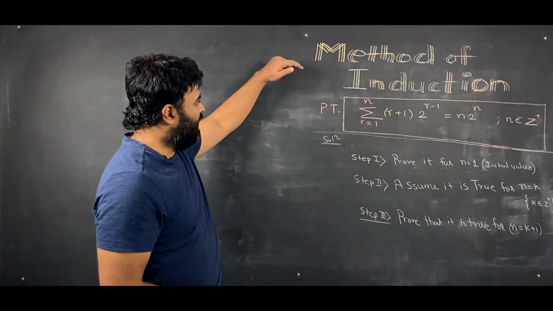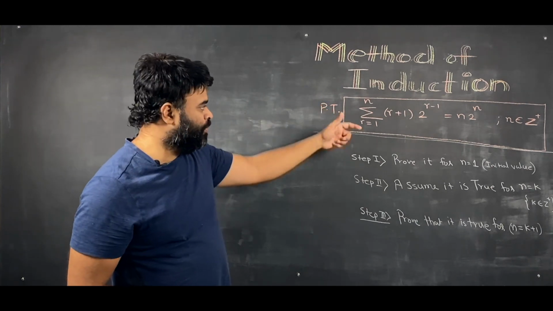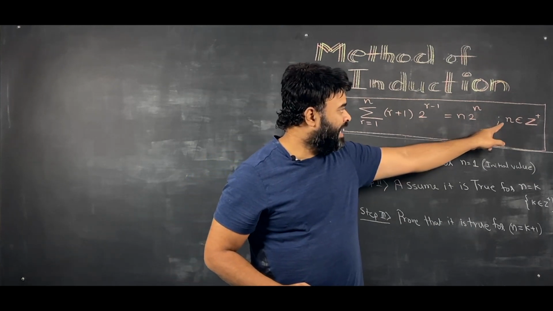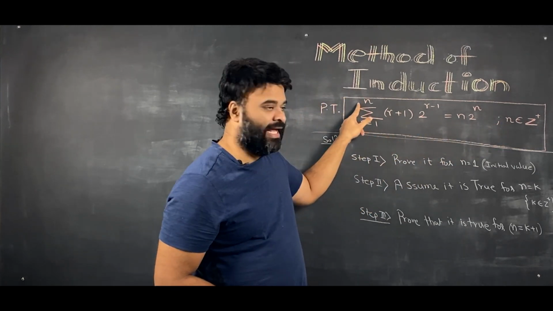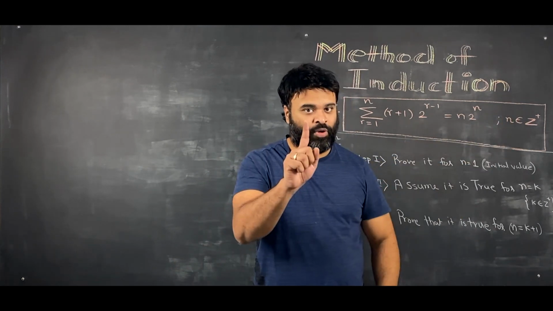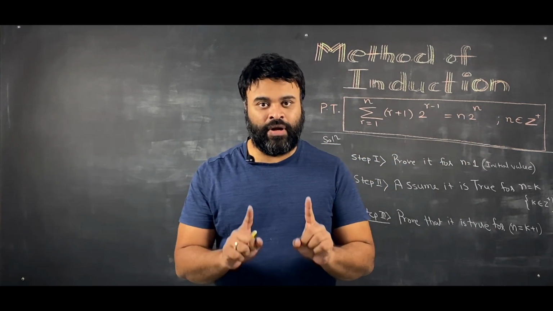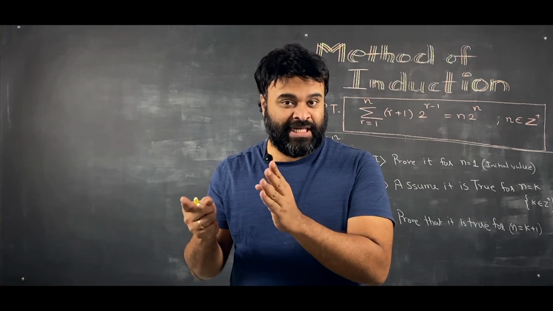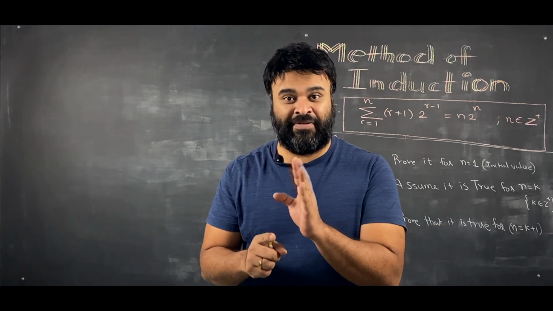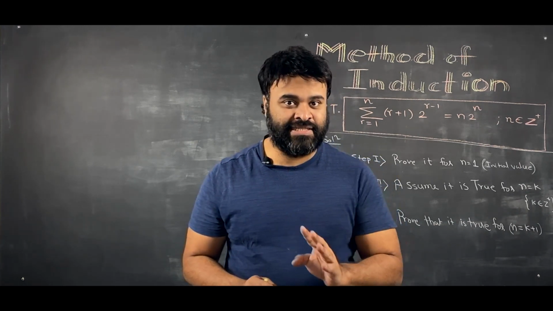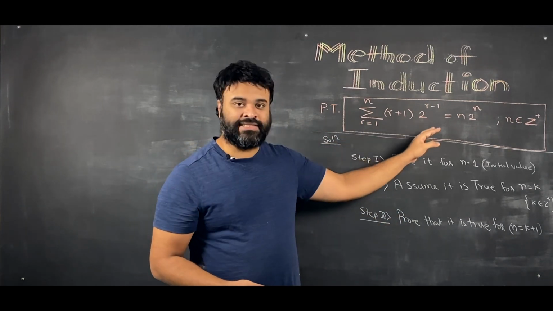Here, I want to prove that this is equal to this. A very important point to note is that the variable n has to be a strictly positive integer. It's not a real number. Note that this method will only work for positive integers. It cannot be a real number, a fraction, or irrational or rational numbers, all of that. So for positive integers, we want to prove this statement.